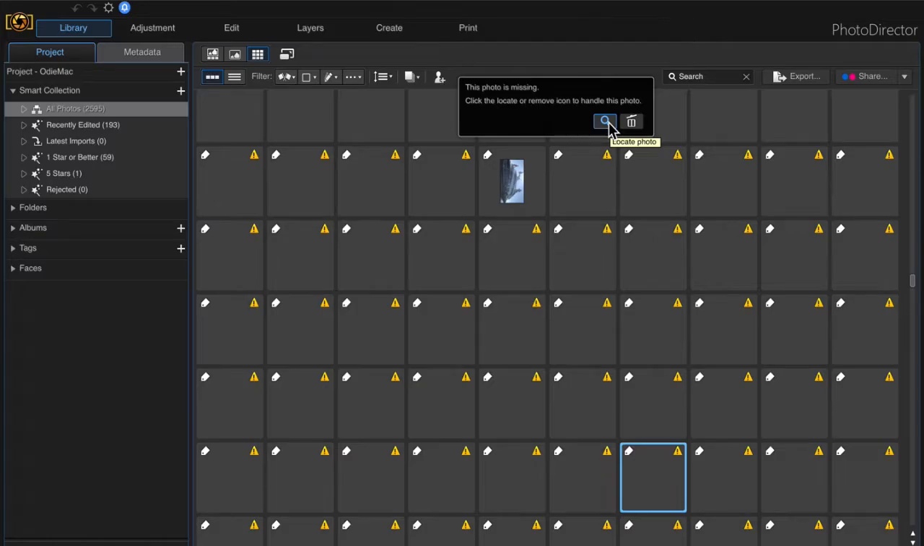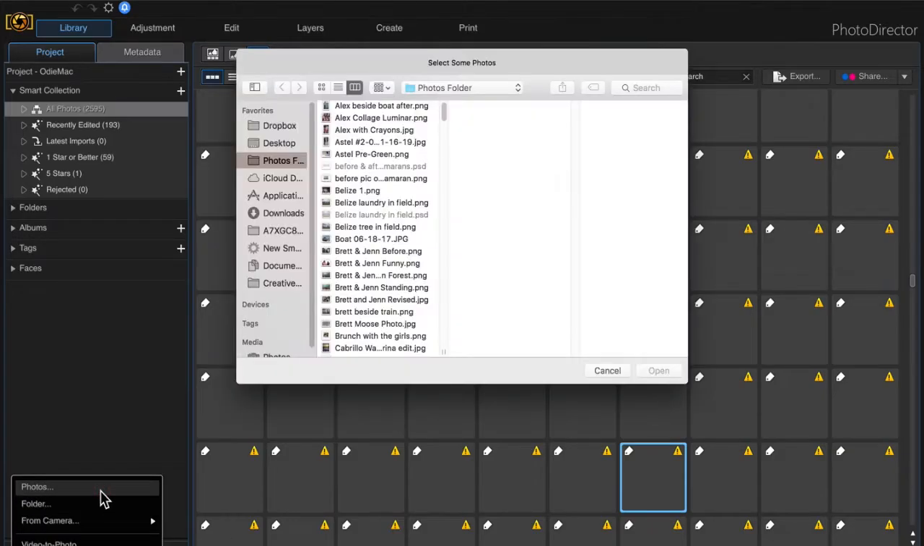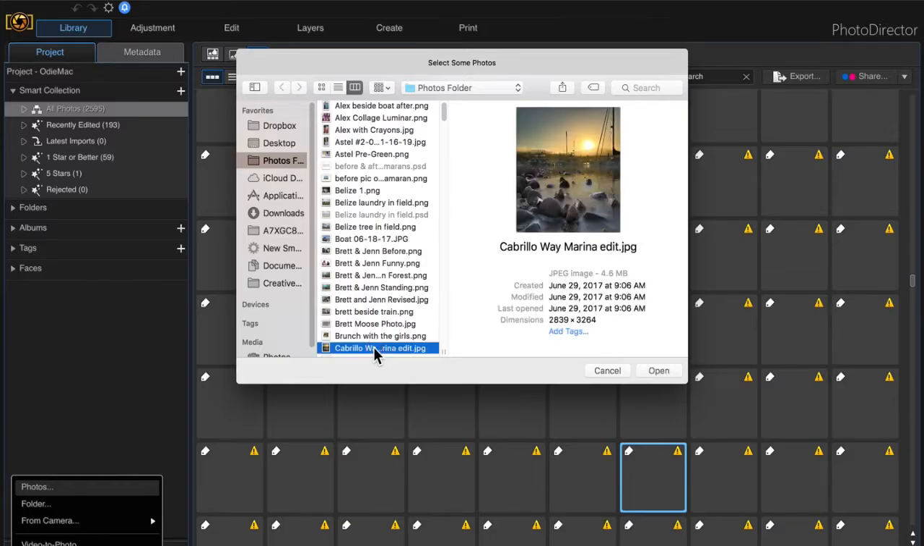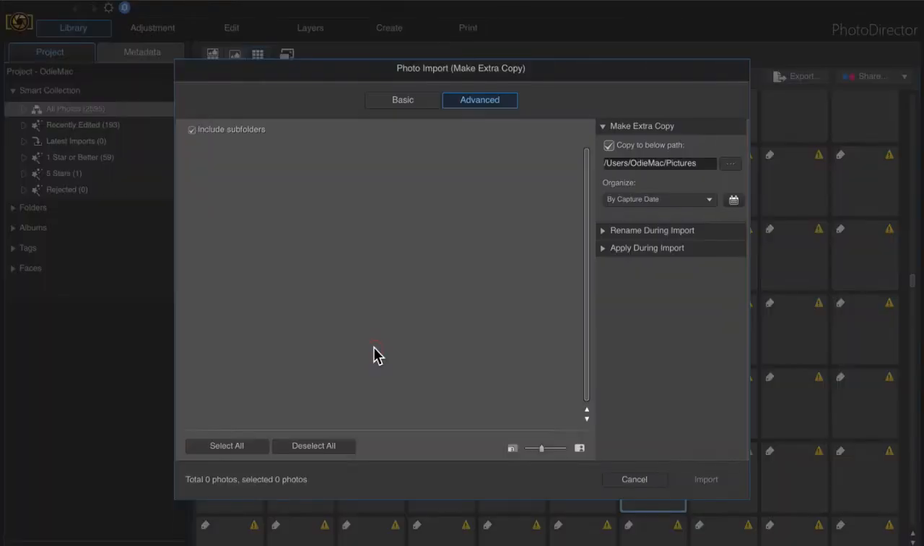So to avoid this myself, what I do when I import the photos, let me just go through the process here. Let me pick a photo here. I'll do this one. So when you're importing,